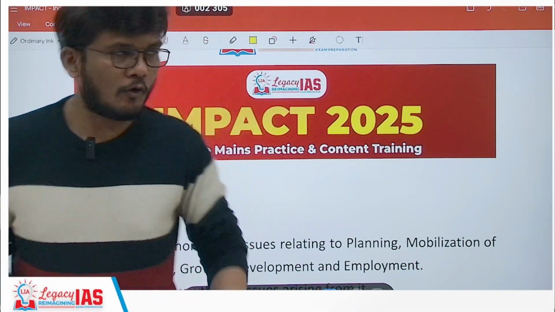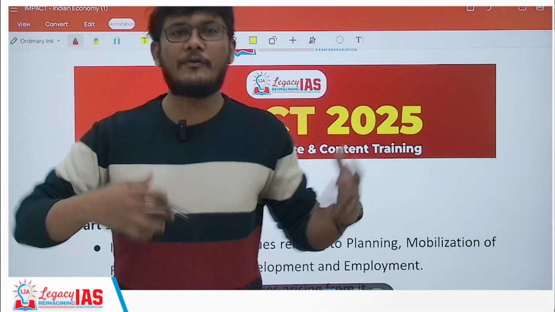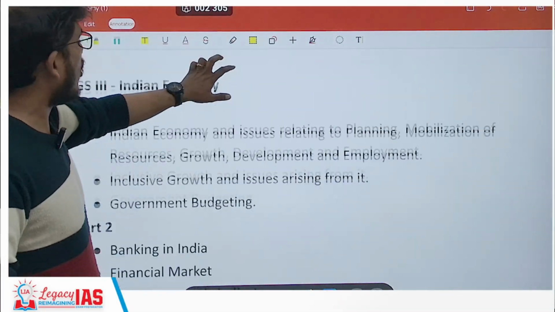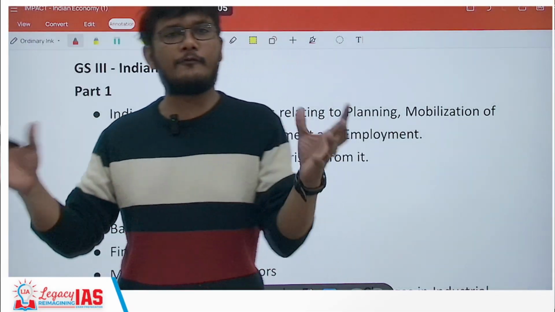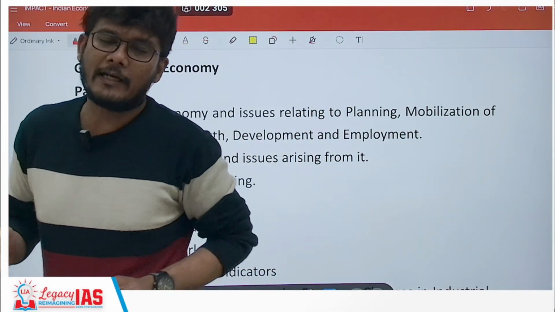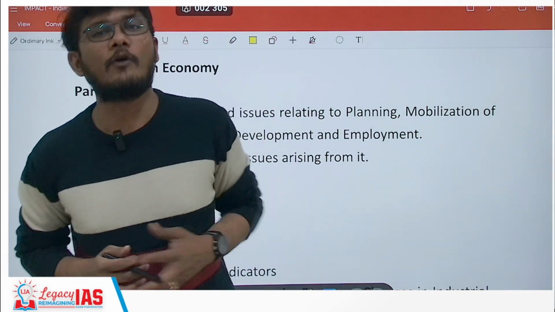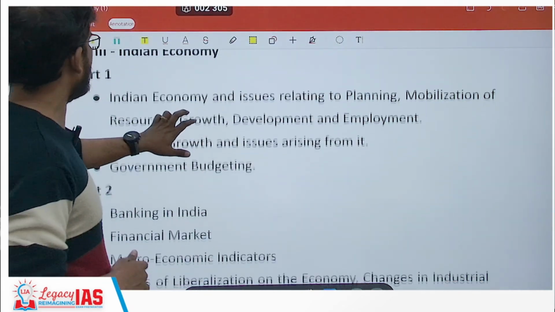This is class number 10th and we'll be starting with Indian economy. I'll be taking that up. Now Indian economy, we will divide this in 4 different classes. The last of the 4th class will be exclusively on agriculture. Plus, we have 3 more divisions of economy. So let us see how we have divided into 4 parts.